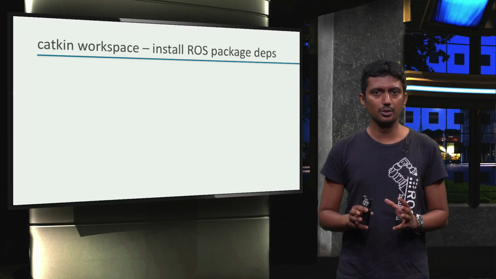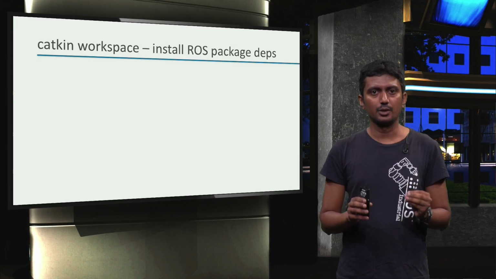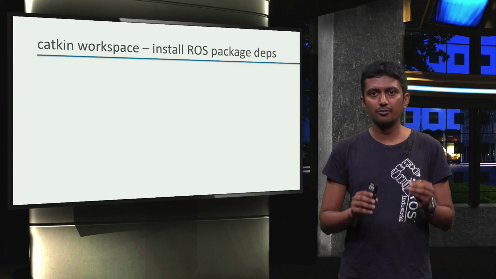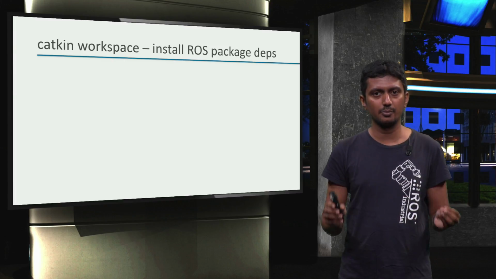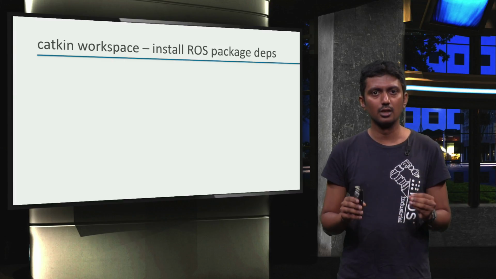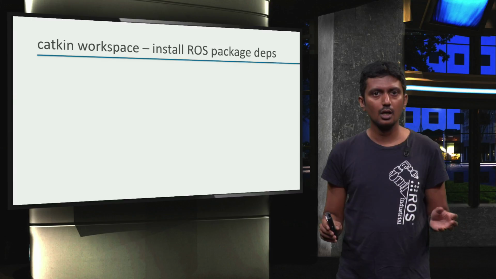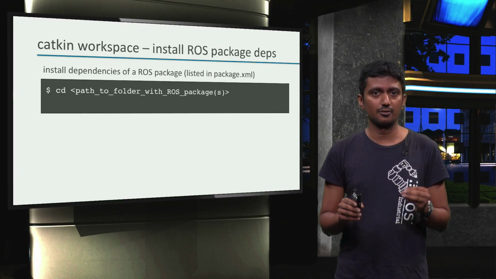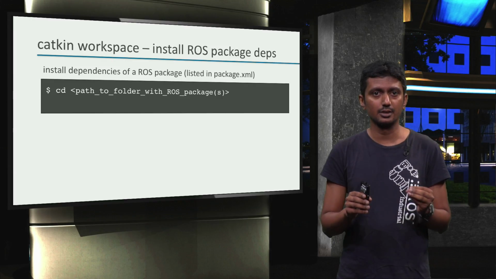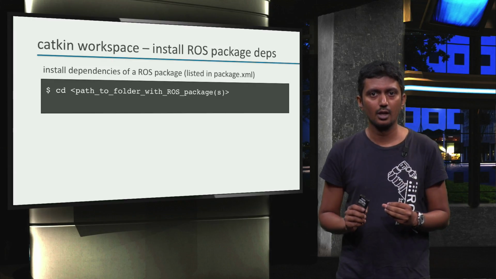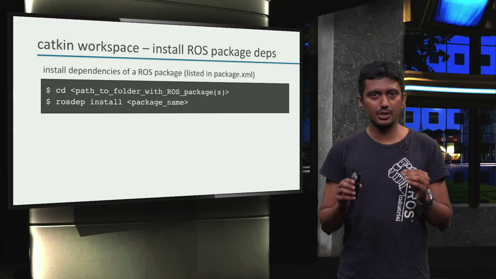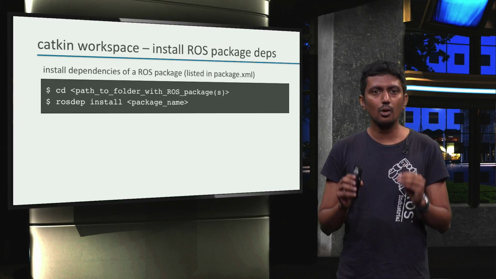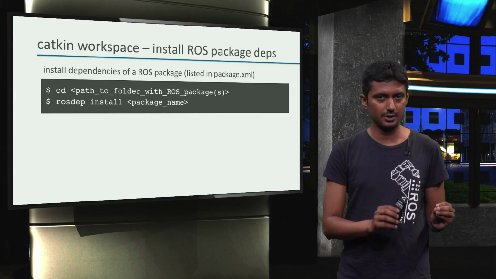A couple of minutes ago, I told you that you can simply install ROS packages that your application depends on if you are not modifying anything in those packages. Here we will learn how to do so. And we saw just now that package.xml contains a list of ROS packages that your newly created ROS package depends on. With the command rosdep install package name, you automatically install all dependencies of your new package.